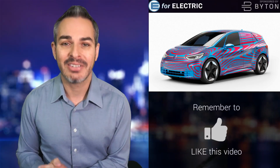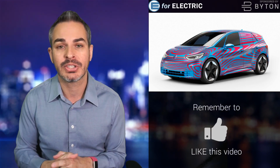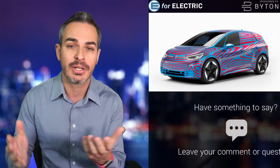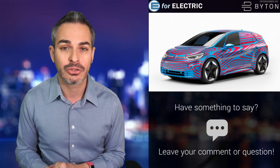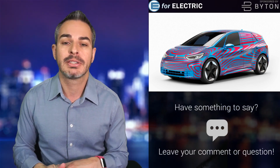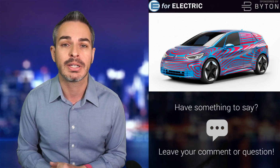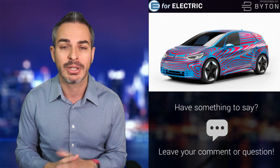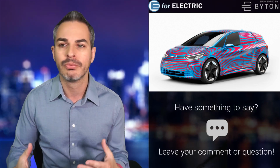Volkswagen ID.3, a car that you probably haven't heard of until very recently, especially if you're watching this channel. But Volkswagen announced that they're going to have this pretty affordable 30,000 euro car that's pretty decent. It's going to look like an e-Golf, and it's really the first car that Volkswagen is producing that's for real. It's definitely going to have an option for over 200-mile range, and this is part of their newly